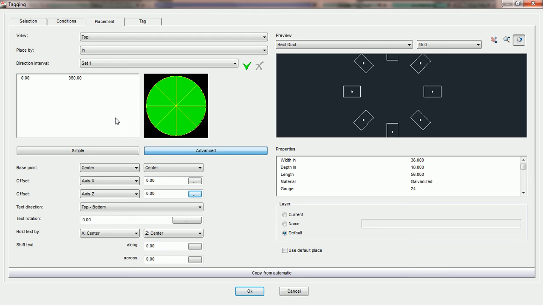The direction interval parameters are the most important to understanding how to get your tags to be placed on your entities at the proper positions and orientations based on the different angles your duct or entities are to the drawing. What the direction interval allows us to do is specify angles using the direction wheel and tell PractiCAD that if our duct happens to be at the angles we've chosen in a particular set, then those tags should follow the